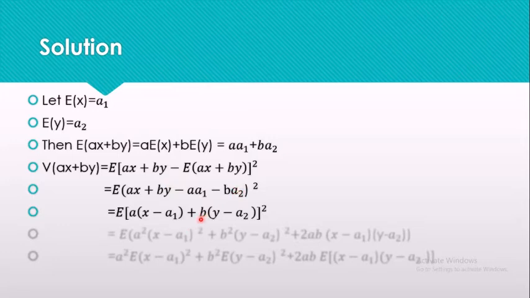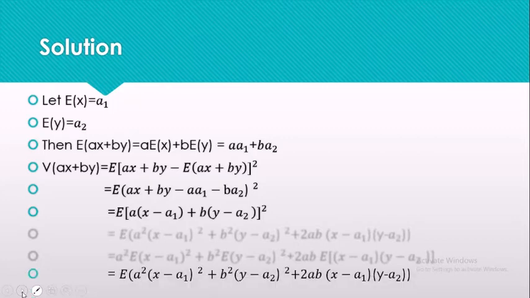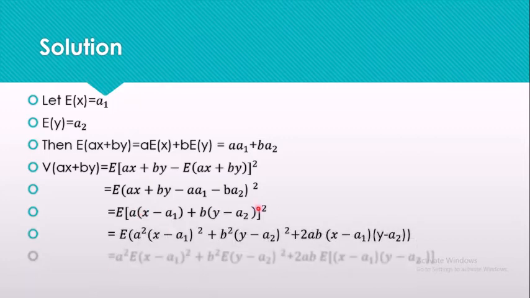So I'm going to take b outside, and then I will get (y minus a2) the whole square. Okay, now this is in the form of nothing but (a plus b) the whole square, which is a result that you have studied in your high school. So keeping that in mind, you are going to expand this whole thing, and when you do the expansion,